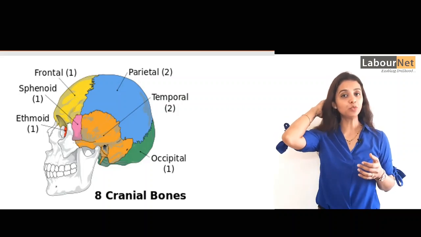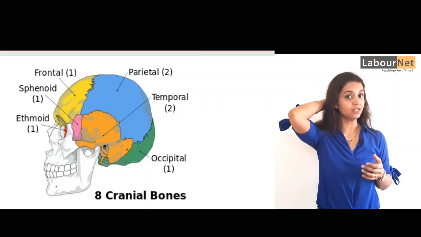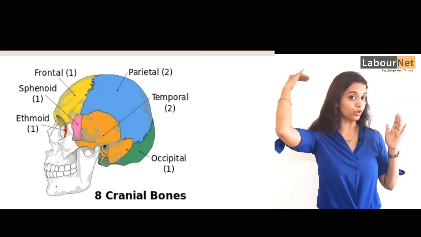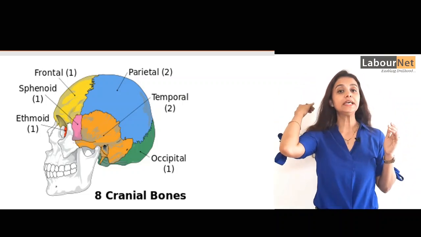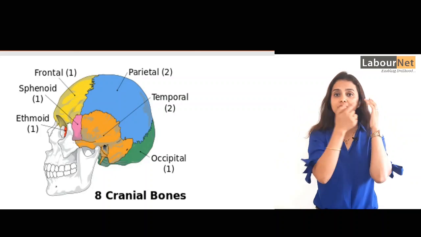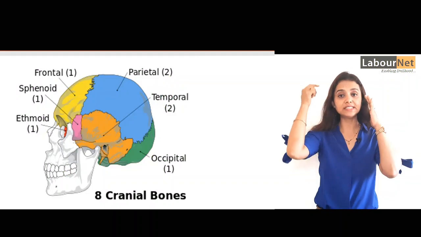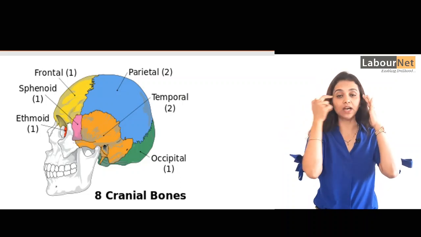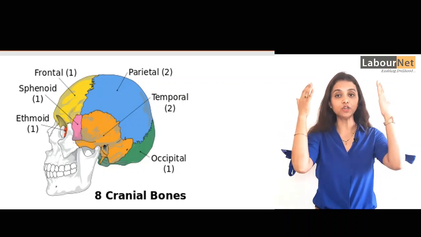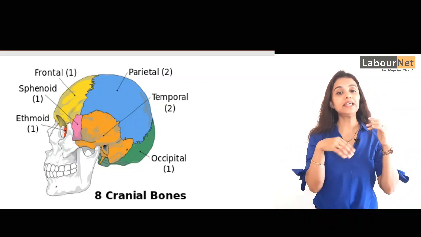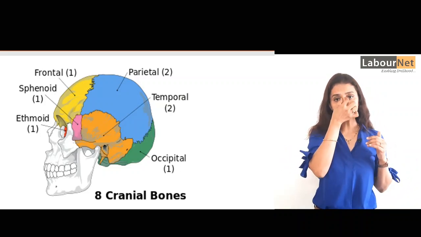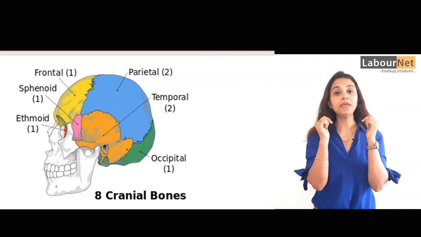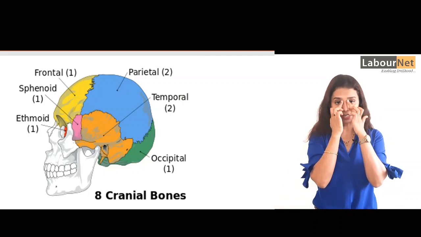It is the flat bone located right behind your skull. It has an opening that allows your spinal cord to connect to your brain. Then is sphenoid bone. This is again an irregular bone that sits below the frontal bone. It spans the width of your skull and forms a large part of the base of your skull. Then is ethmoid bone. Ethmoid is an irregular bone located in front of the sphenoid bone. It makes up the part of your nasal cavity.